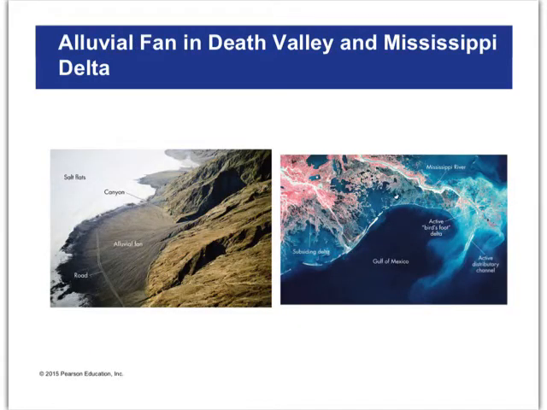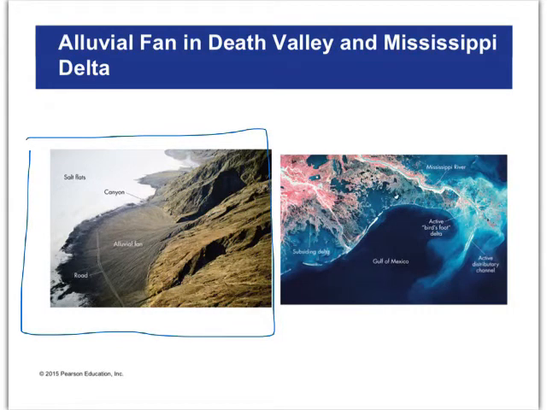So as moving water moves particles downstream, those particles can take various different shapes. Right here, this is Death Valley. You wouldn't think of there being any streams in Death Valley, but water does move. And as you can see in between these mountain ridges, you've got what's called an alluvial fan. Now, alluvium is something we're going to talk about a little bit later. That just means all the suspended stuff that's in the water, the particles and the silt. But this stuff got washed down the valley and is kind of spreading out into a fan on the Death